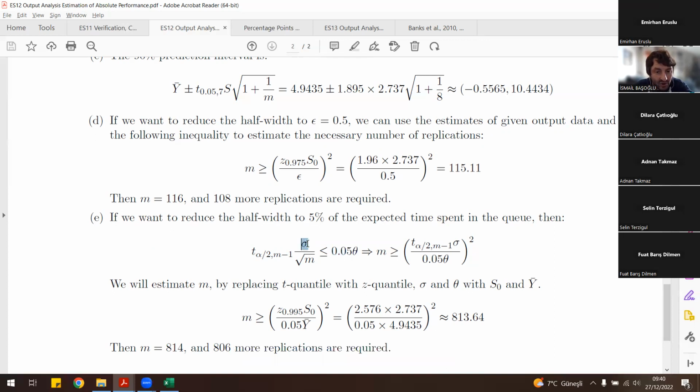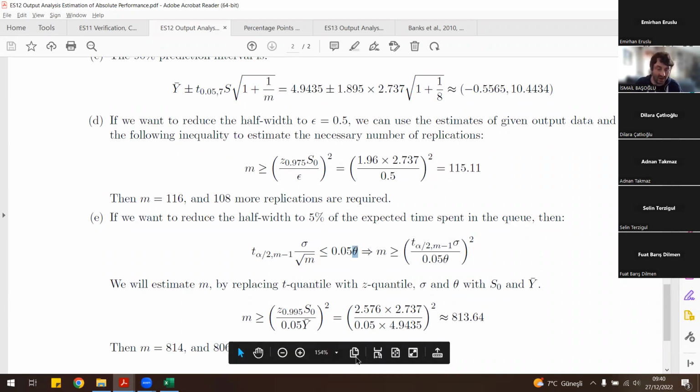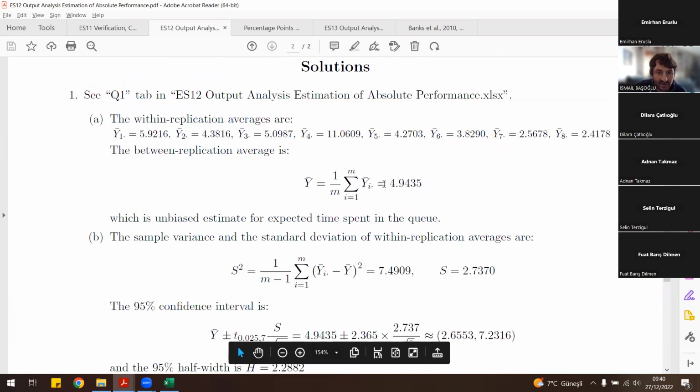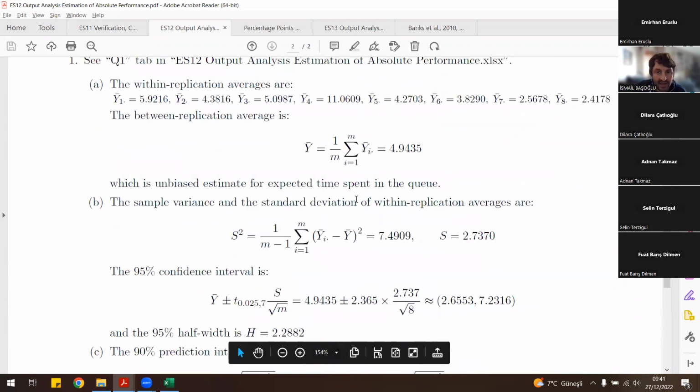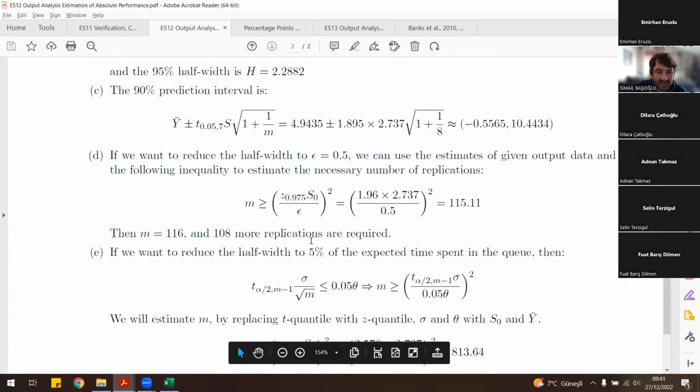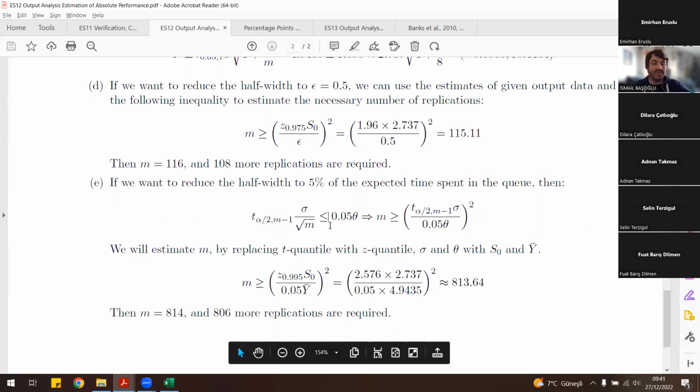Now, we do not know the standard deviation across replications, because in order to know this theoretical standard deviation, we definitely need to run an infinite number of replications. And we never know this true theta value, the expected time spent in the queue, unfortunately. We can only calculate statistical estimates for this sigma and for this theta. And what we have done previously is basically this, okay? So we have said that y bar 1.94 here is an estimation for this theta, and this 2.74 is a statistical estimation for sigma.